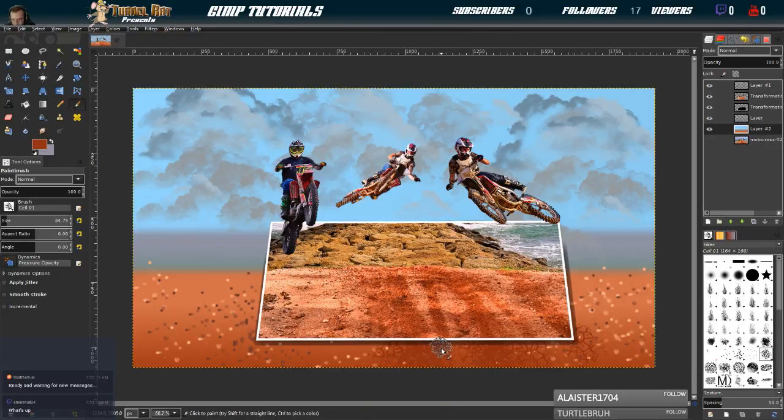Way down, and just kind of fill in these little tracks. And then we have the illusion of some kind of tire tracks and cracks, and we're just going to kind of follow the flow of the image here. Again, we're just creating an illusion. We're going to go back to our